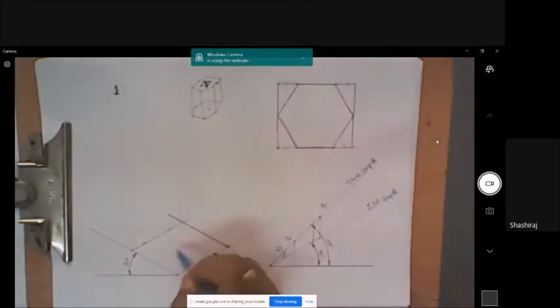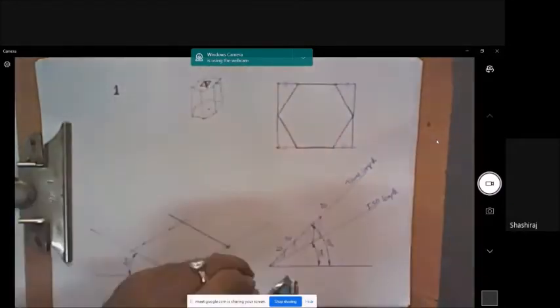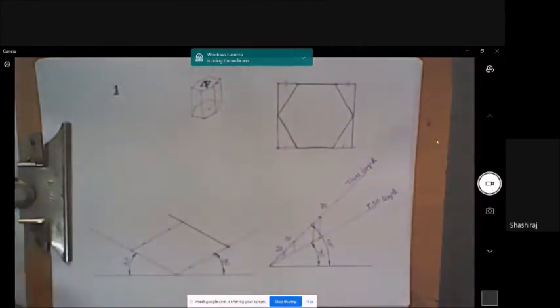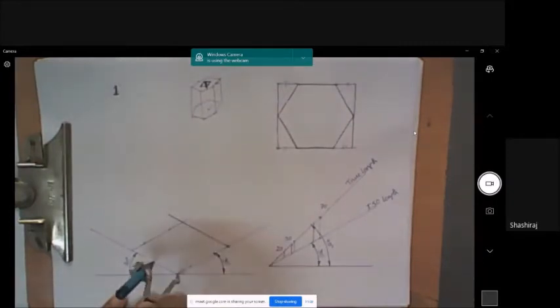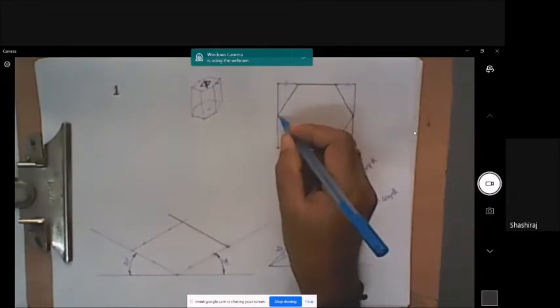It will be somewhere here and somewhere here. So I'll measure this distance first, go to the isometric scale, get the isometric length for that, and mark it here. From this edge, you mark a point here. So I got this point here.